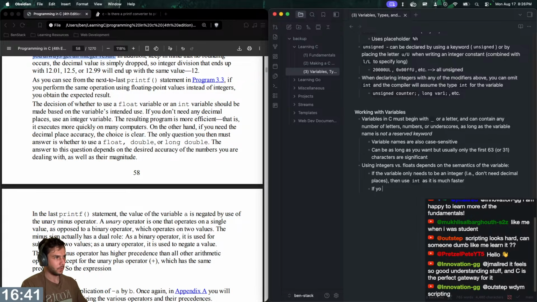However, if you need decimal places, use float or double, as that gives you precision with decimal points. However, not infinite precision, as we've discussed, because